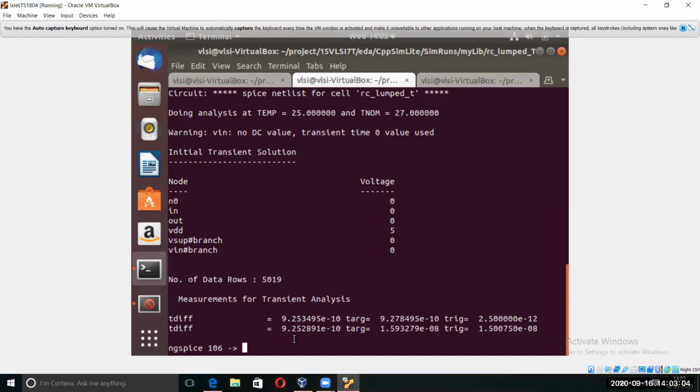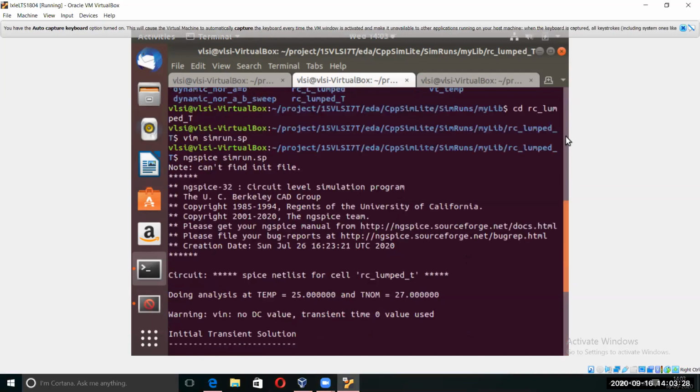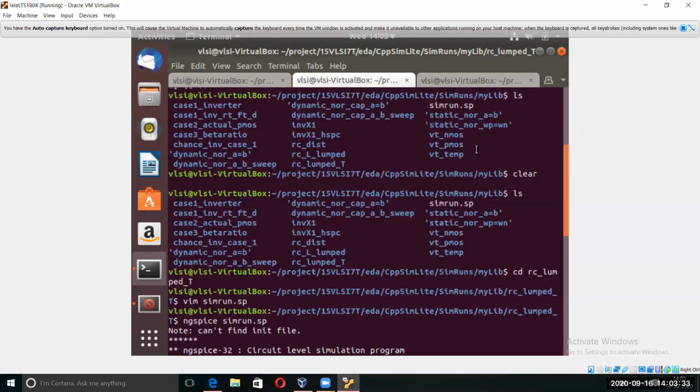In this case, our TPHL is also equal to TPLH, but the delay is decreasing a lot. The first one was how much? 1.85, yes. And now it's coming 0.9. So it almost decreased by half. Can you mark the difference? Yes, a 50% decrease. Here, 1.85, and this one decreased by 50%.